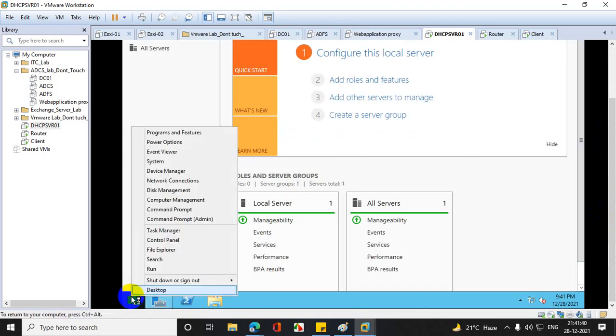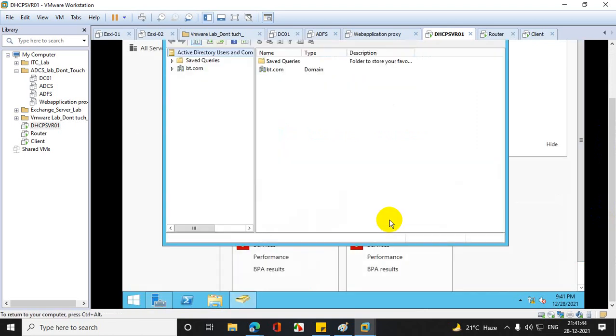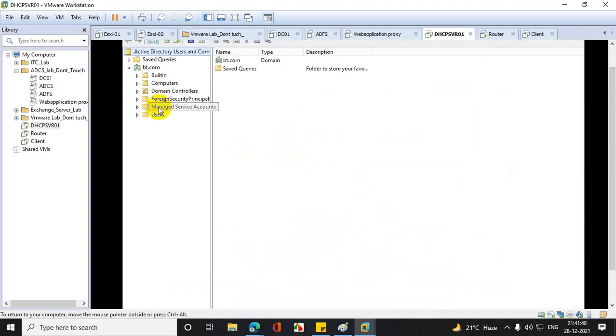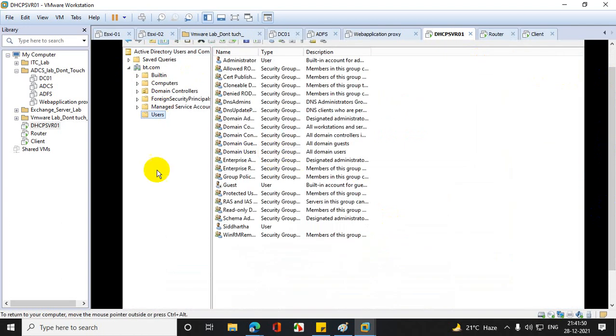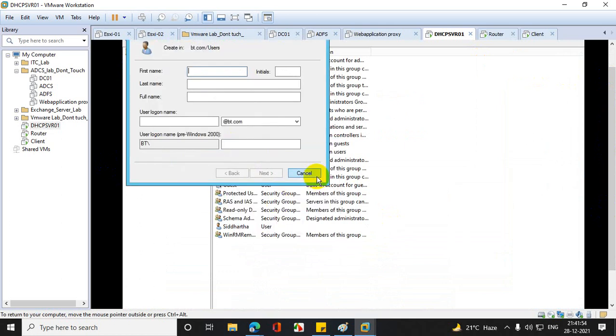Okay, after that I'll go to dsa.msc, and there I will create one user. Or you can use any administrative account as usual, not a problem.